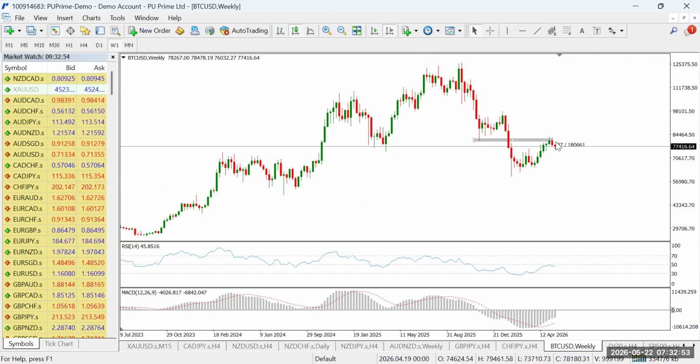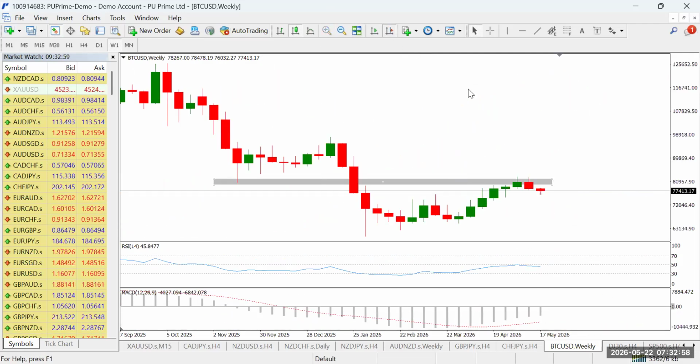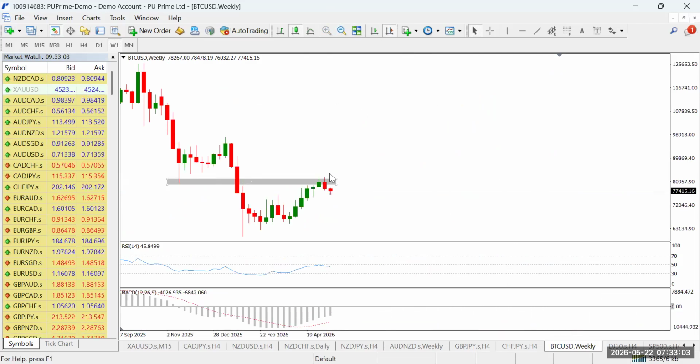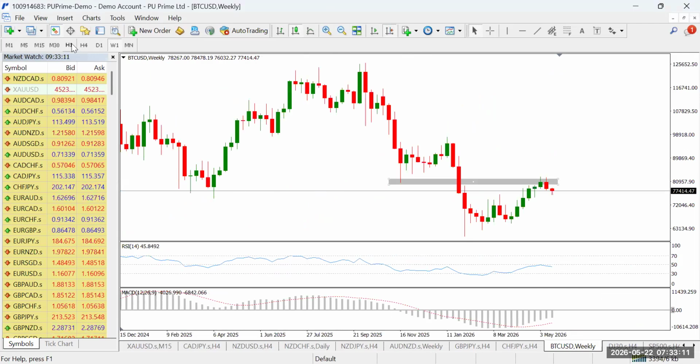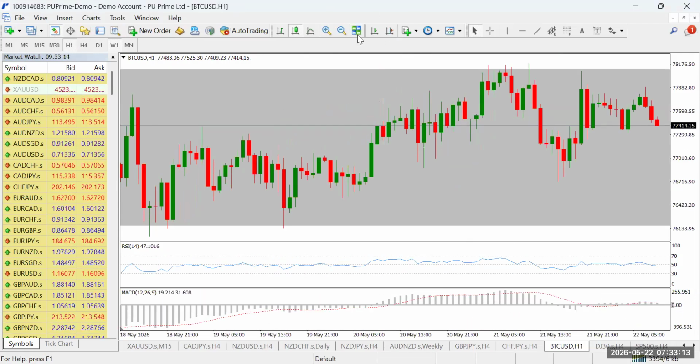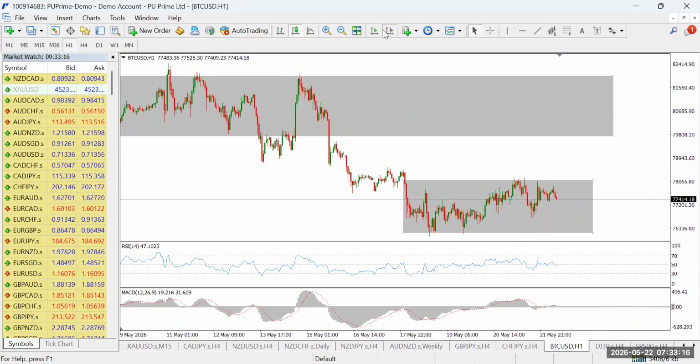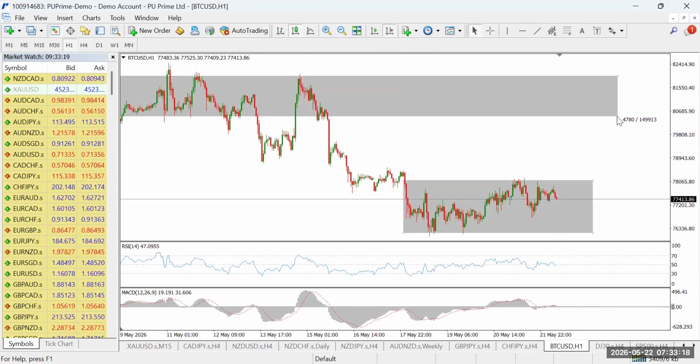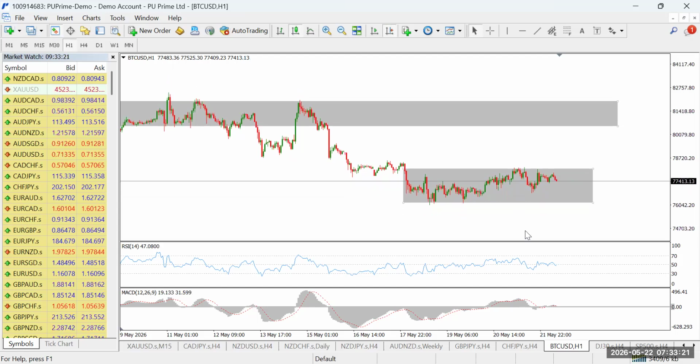Support turned resistance with a tweezer top. This is a tweezer top, which I said will lead to a bearish breakout. All right. So that outlook is still very valid, even though we're experiencing the range. So in other words, we'll still look for a potential bearish breakout, since that's the overall trend we are seeing from the weekly time frame. So we're going to be waiting for price to break out below this box to trigger a sell on the BTC USD. So we're bearish on the BTC USD.